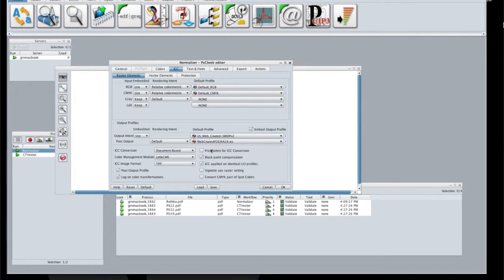That means it will no more overprint, because overprinting is only with 0%. So quite often you have transparencies and overprinting colors. The pre-flattening for ICC conversion makes sure that the visual aspect of the transformation will be as the original file, because otherwise you get surprises, bad surprises very often, without this option.